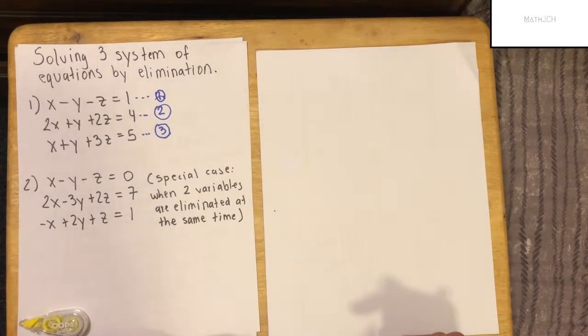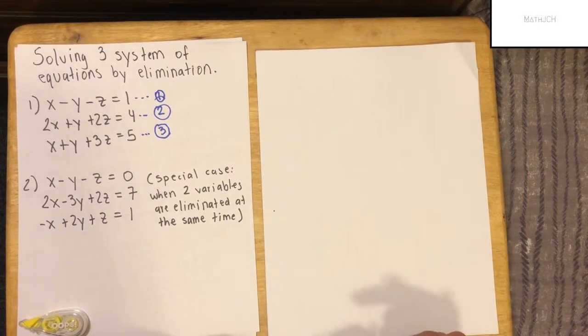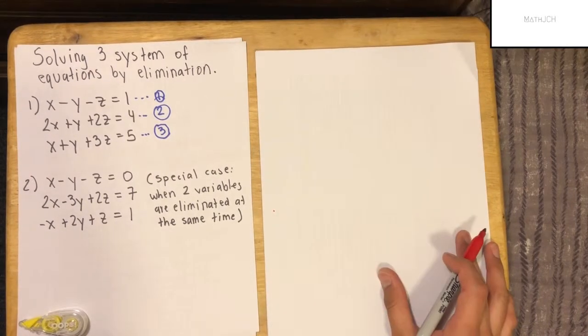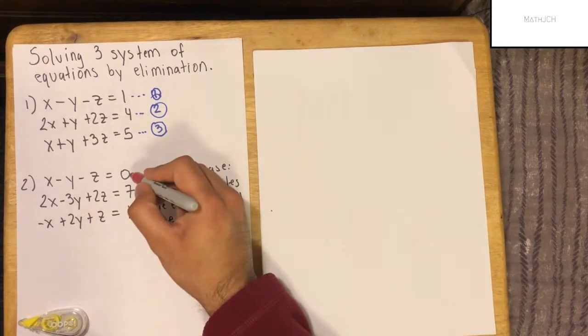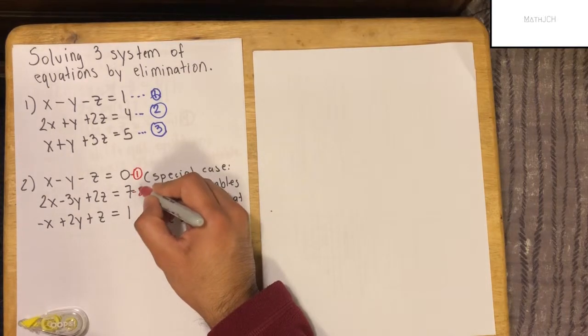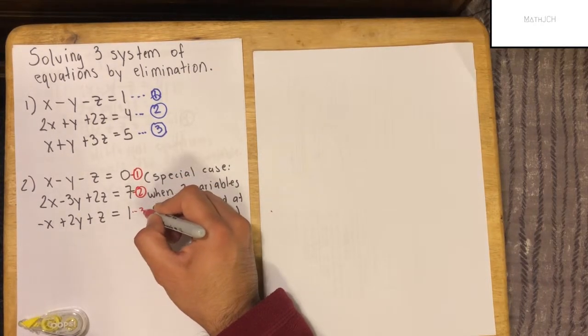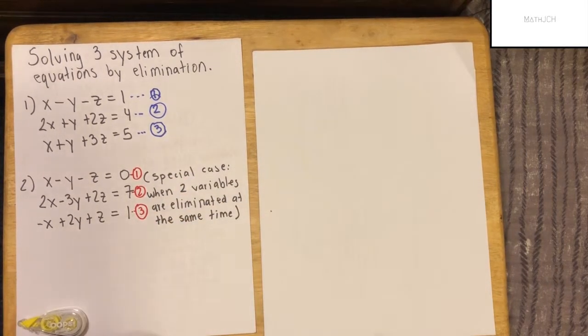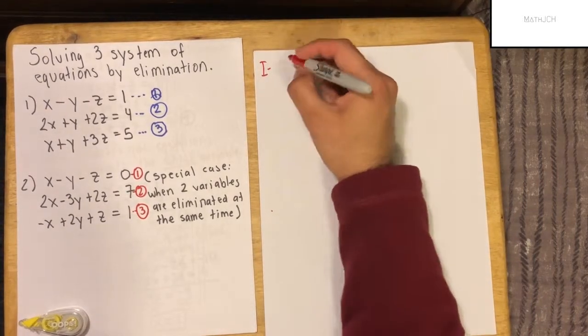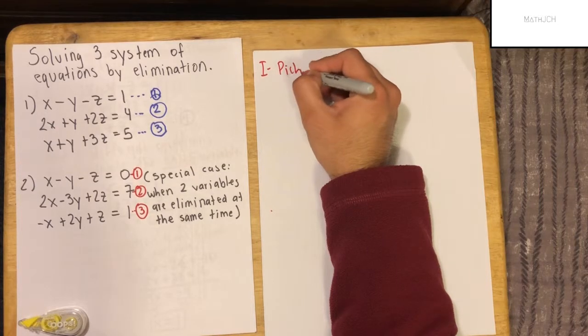Now, let's work on our special case when two variables are eliminated at the same time. Okay, so let's start with step number 1, which is to number each equation. So we have equation 1 here, equation 2 here, and equation 3 here. Okay, so our first step is to pick two equations